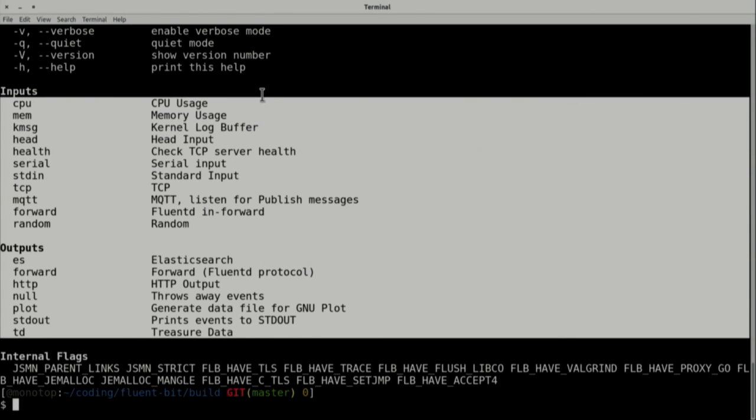If you can see here, it means that with the input plugins, we can gather metrics from the CPU and the memory. You can read your kernel log messages directly from the kernel log buffer. You can read some files. You have an input plugin to check how healthy a TCP service is. So you can tell Fluent Bit, please ping this service every second and let us know whether it's alive